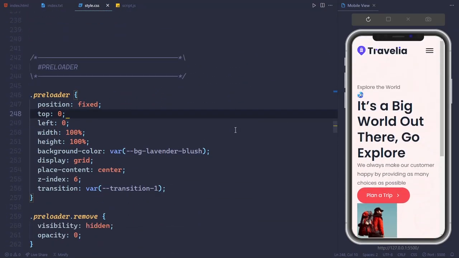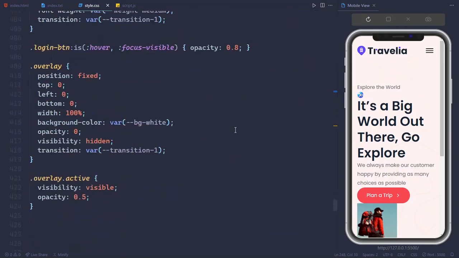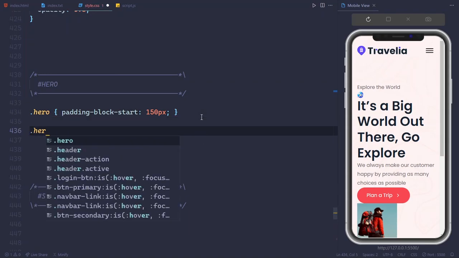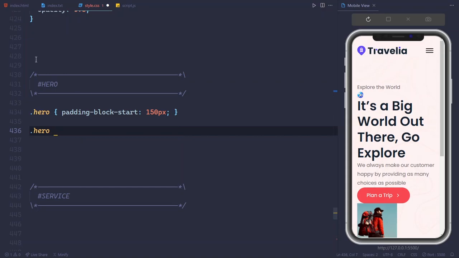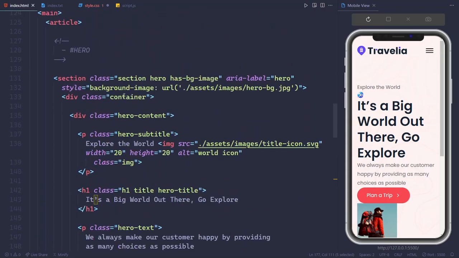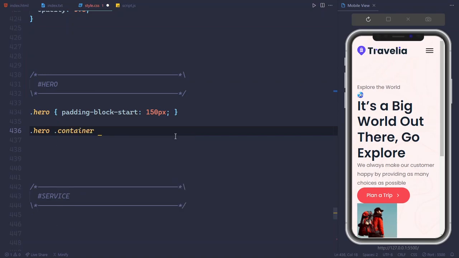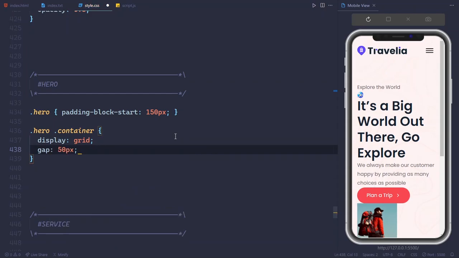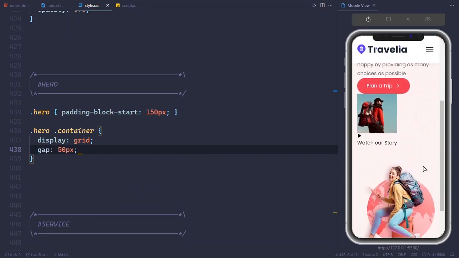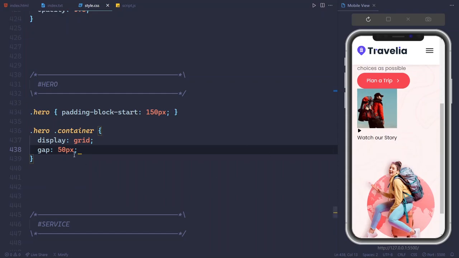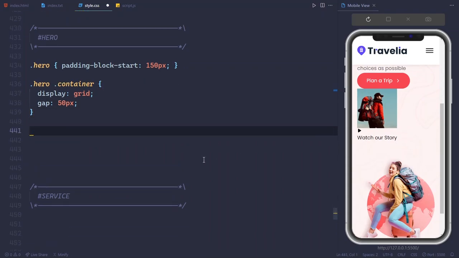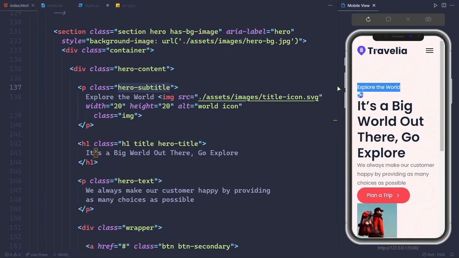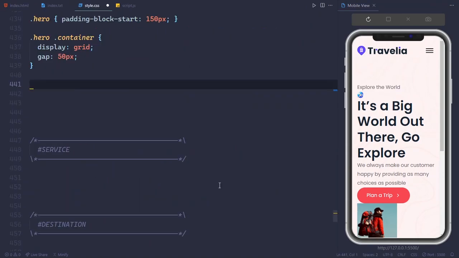So now we can do our main hero style. So scroll down to the hero and select the container inside the hero. So hero, and inside the hero, here's the container. Container will be grid and gap will be 50px. Right, here's the gap is 50px. So after that, select the hero subtitle, which is this one, and for this one, background color will be var